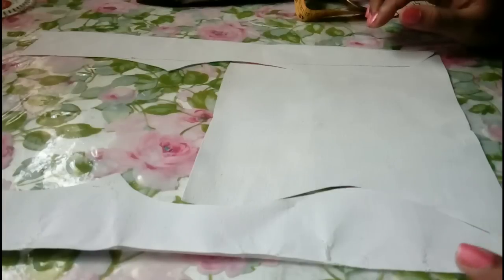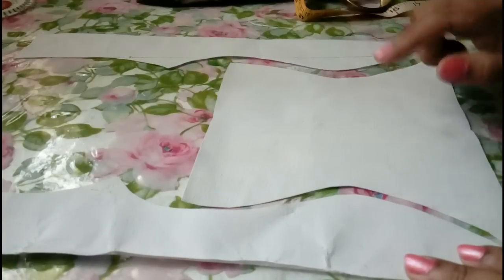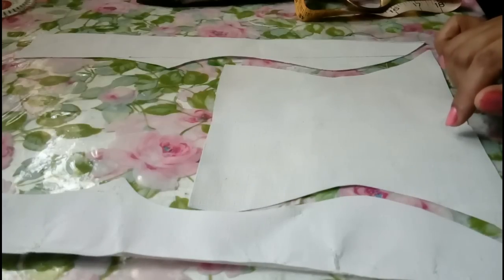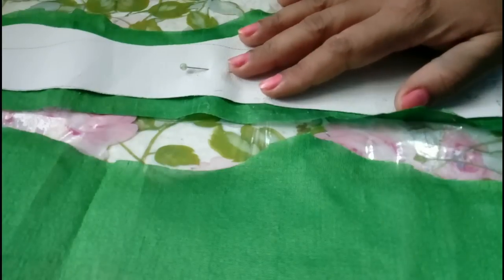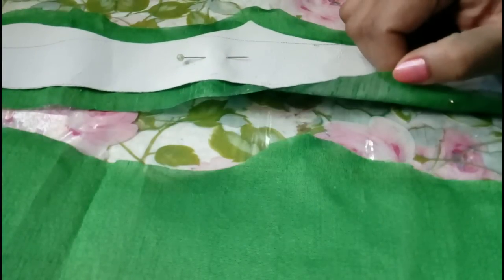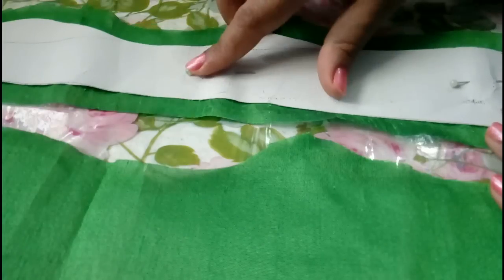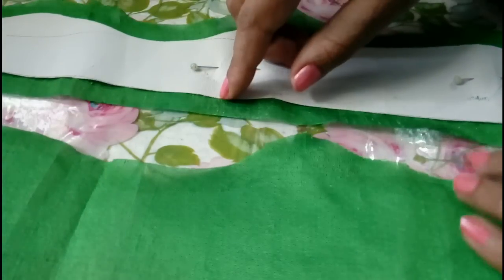So now we are having 3 pieces. These are the 2 pieces, the same one, and this is the middle one. Now we will prepare our patches first. So first of all, I am making this side piece with the green color fabric. For that, put your interface like this, pin it, and just leave here 1/2 inch or 1/4 inch, and then